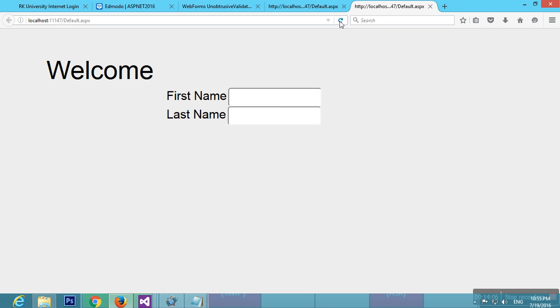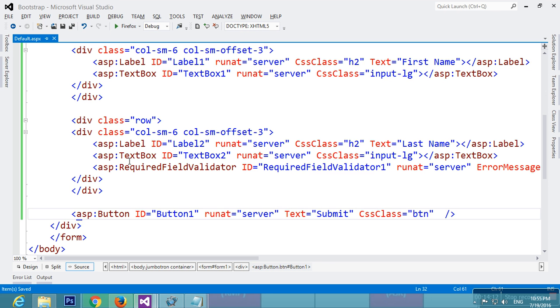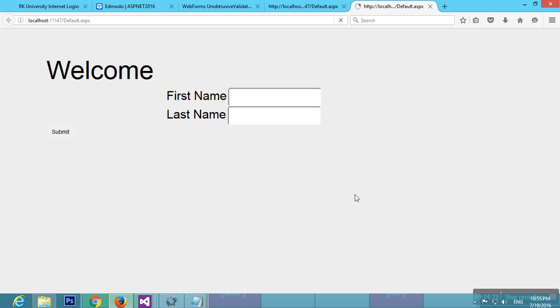I'll refresh it, and you can see there is this button over here. Since it is not visible properly, I'll give the class btn-danger, and this button will come in red color.